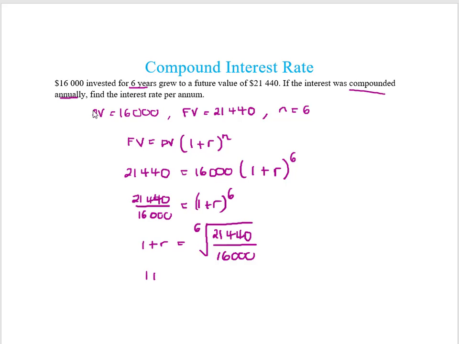So I get 1 plus r equals, and your calculator gives you 1.04998, etc. I want r by itself, so I'm going to subtract 1 from both sides. So I get r equals